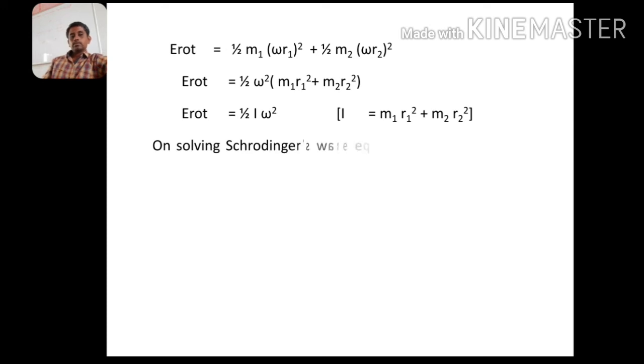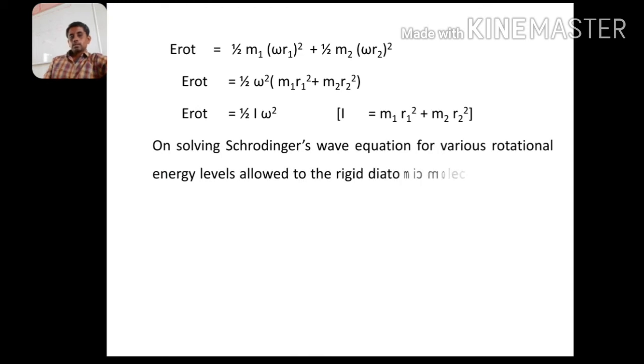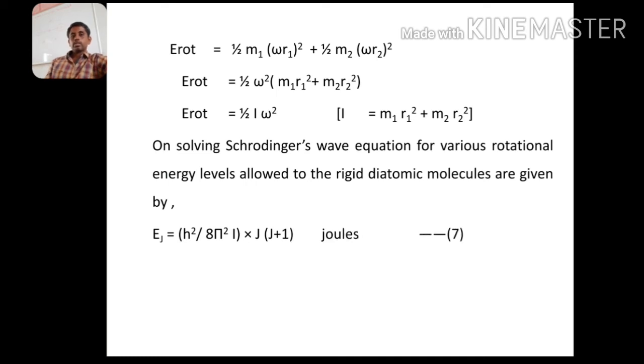On solving the Schrodinger wave equation for various rotational energy levels, the allowed energies for transitions of the rigid diatomic molecule are given by the equation Ej is equal to h square upon 8 pi square I into j into (j plus 1) joules, equation number 7, where